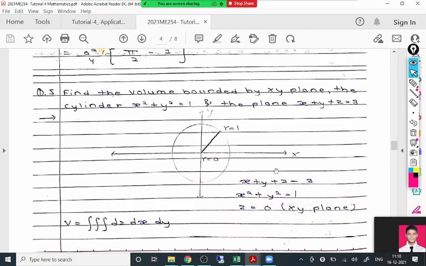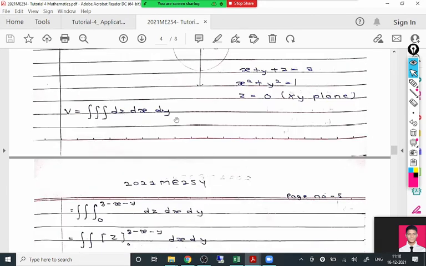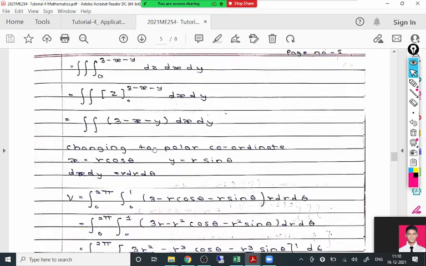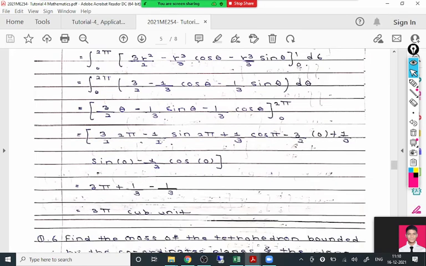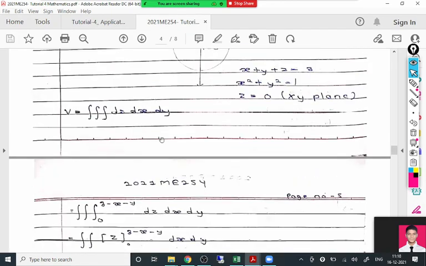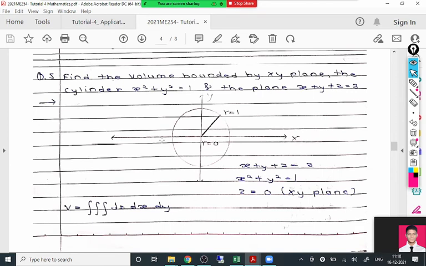And here, the base is only drawn. There is no need to draw the complete solid. Yes, correct. So it is a triple integral dz dx dy. The limits of z are replaced, converted to polar, and 3 pi cubic units is the answer. So any doubt anyone here? Nowhere do you have to draw the solids in the exam. Just draw the region in the xy plane to get the limits of the double integral mainly.